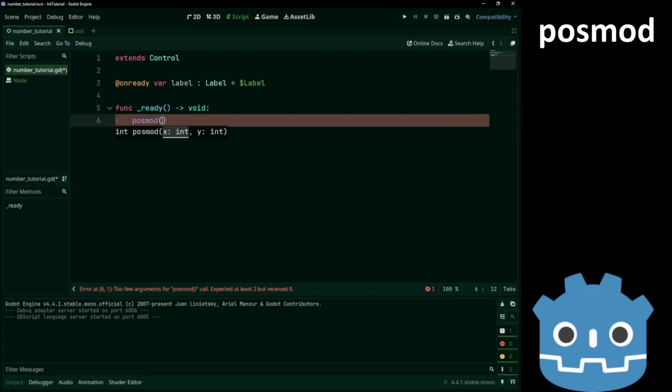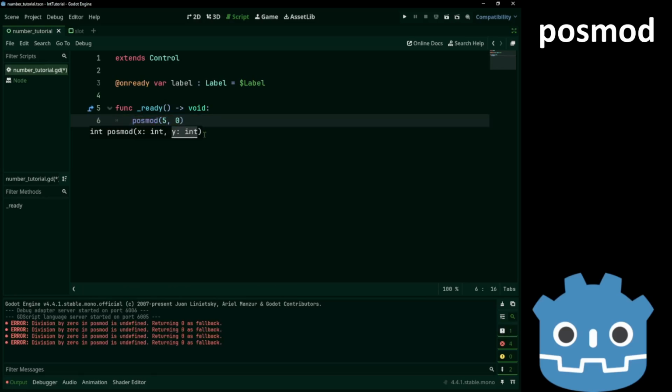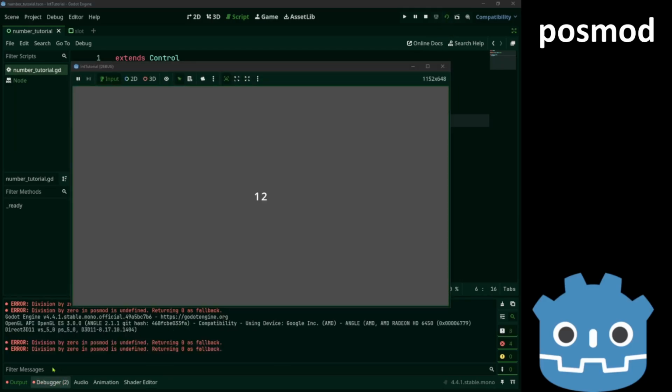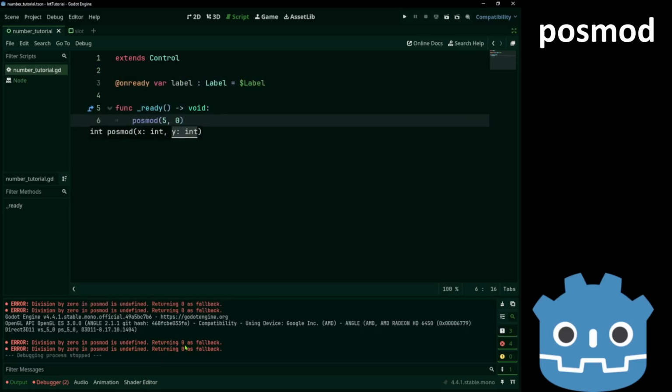For example, 5, 0 gives us an error. Division by 0 in posmod is undefined. However, it does return 0. While this is an error, it will not pause the execution.